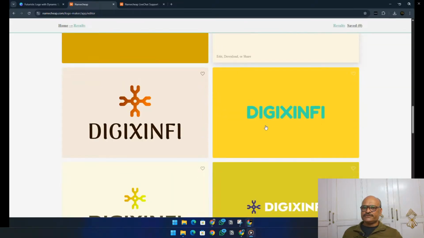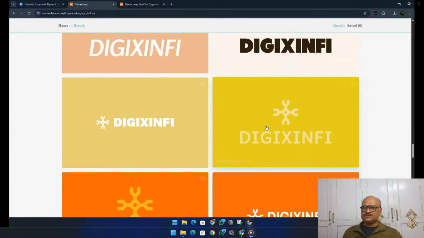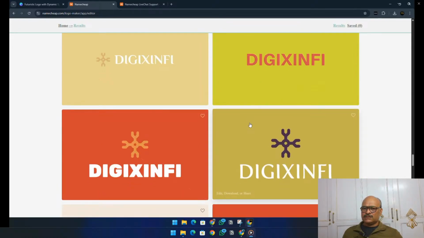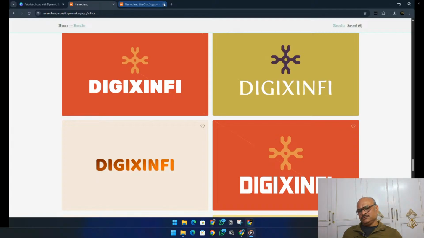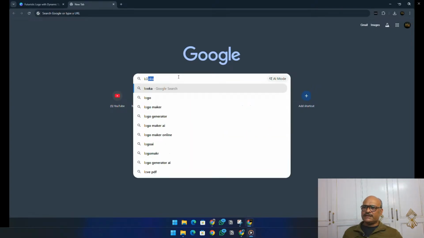It has given you different logos with different color combinations, different fonts. Okay. So if you like any logo, click on that logo and use it in the Canva editor. Now another site I will tell you, that is